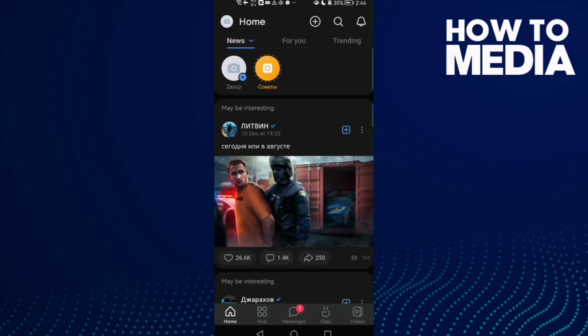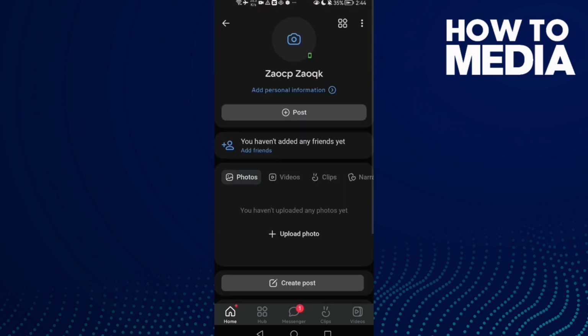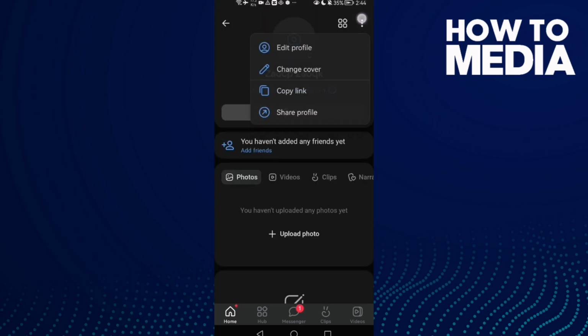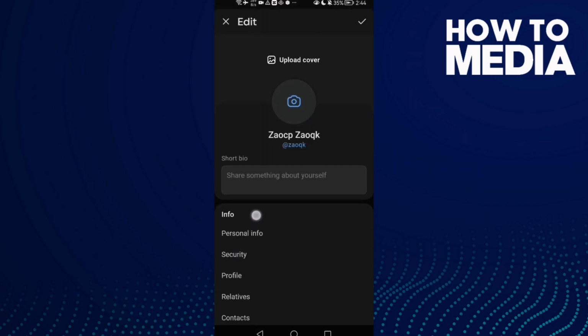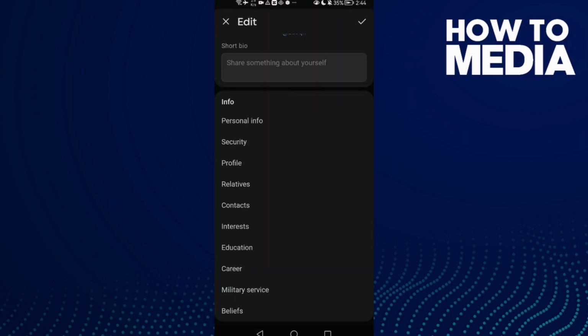and then click on your profile here, then click these 3 points, edit profile, scroll down until you find here contacts,